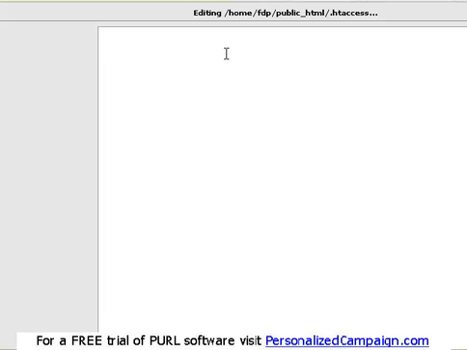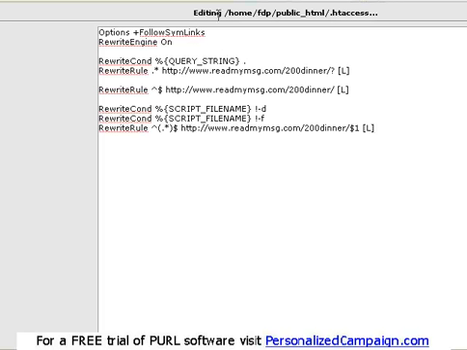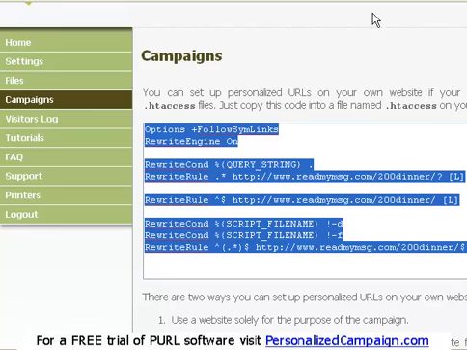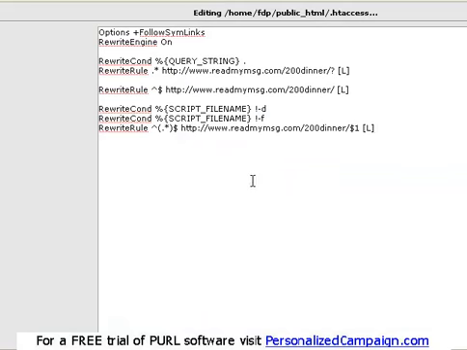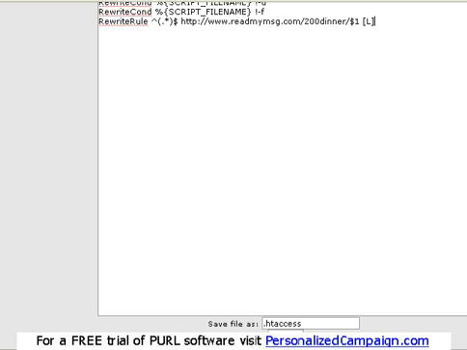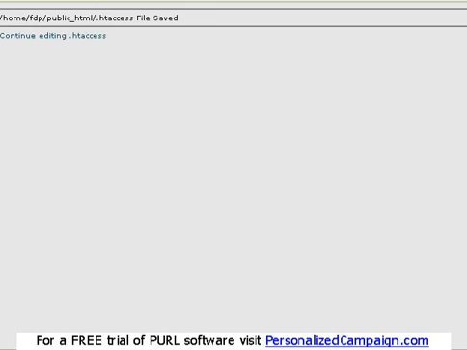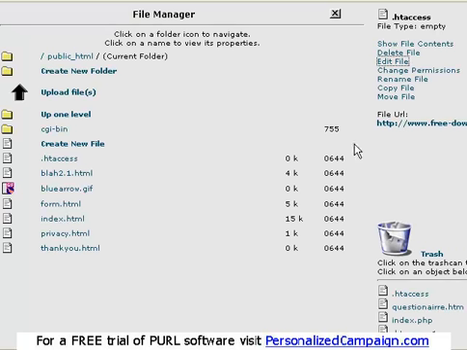I'm going to do Control-V to paste the data that you've seen here in your user account. I'm pasting it now into the file, and I'm going to save the file. I created this new .htaccess file on the domain free-downpayment.com, and that's really all it takes to create this personalization of